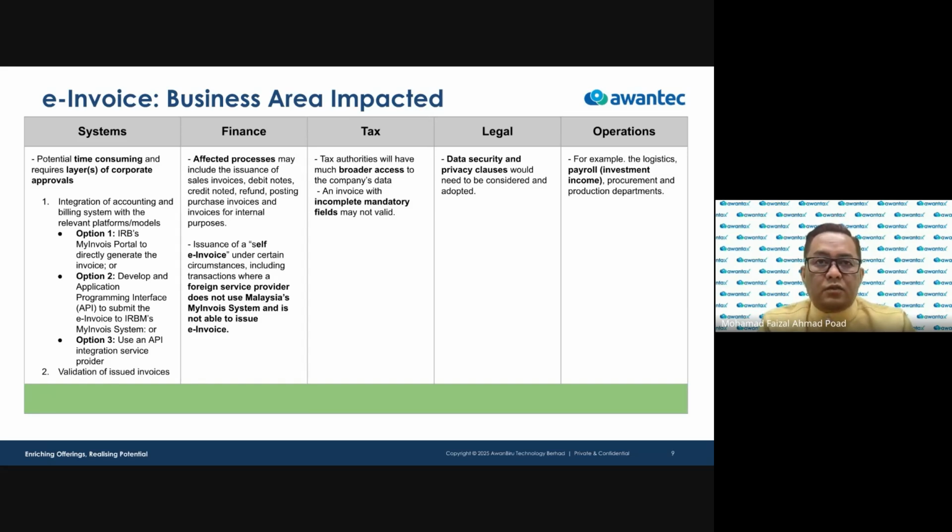So all these need to bring awareness to operations that these are new business processes involved. That's why, when we talk about e-invoice, it's not really just about changing the system, or the system being able to cater to the invoice requirements, or leveraging the MyInvoice portal and so on. It actually involves the whole organization structure and how things work, right?